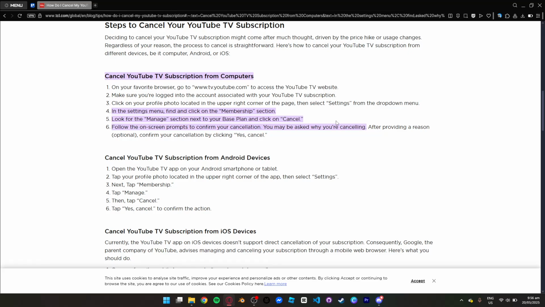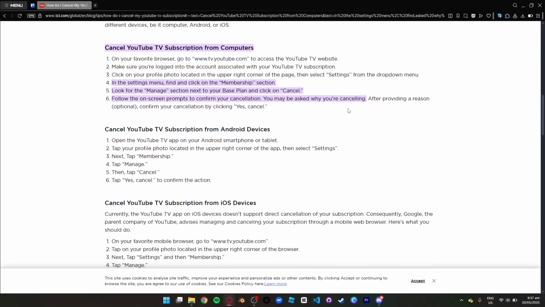on your YouTube TV subscription, and then click your profile photo, which is located at the upper right corner of the page, and then select Settings. And then in the drop-down menu or in the settings menu, find and click on the Membership section, look for the Manage section next to your base plan and click on Cancel, and then follow the on-screen prompts to confirm